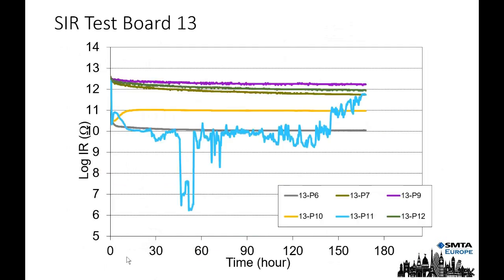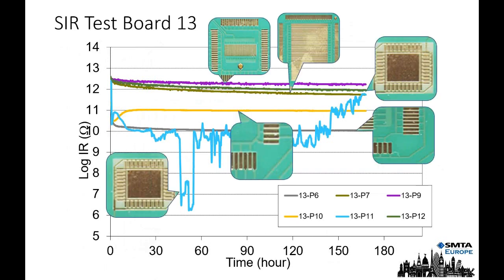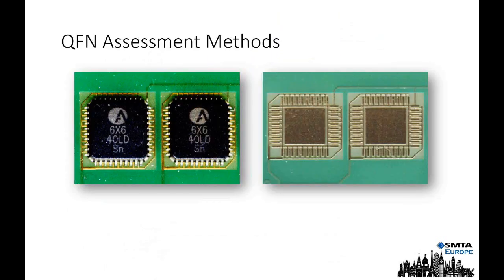So here's an example of one of the result boards, and it's amazing that it's number 13, which is the board, unlucky for some, as they say. But you can see the test results that I've shown here. Everything is above 10, whereas 1 point is just below 10, but we've got a very erratic reading. So something is happening there, which will then potentially lead to corrosion and possibly dendrite formation. And we've got all the results that will be displayed basically at the conference.